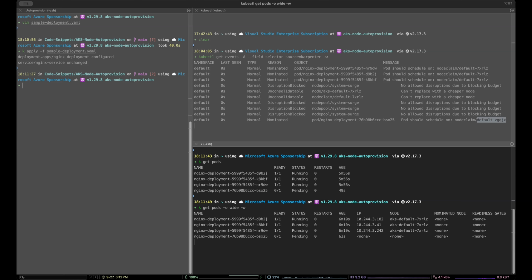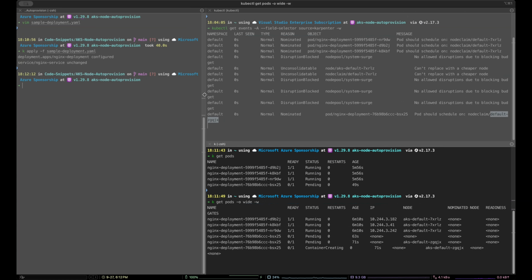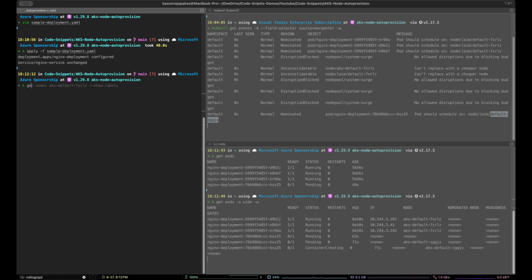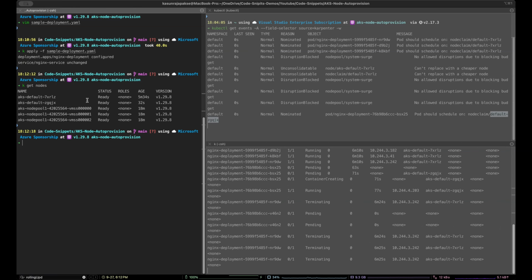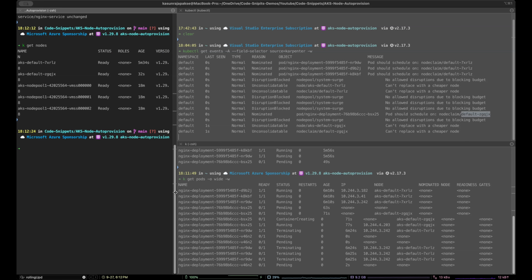So you can see it's still in pending state. If you take AKS nodes, you can see the nodes are provisioning. So now you can see the pods are terminating and it is going to